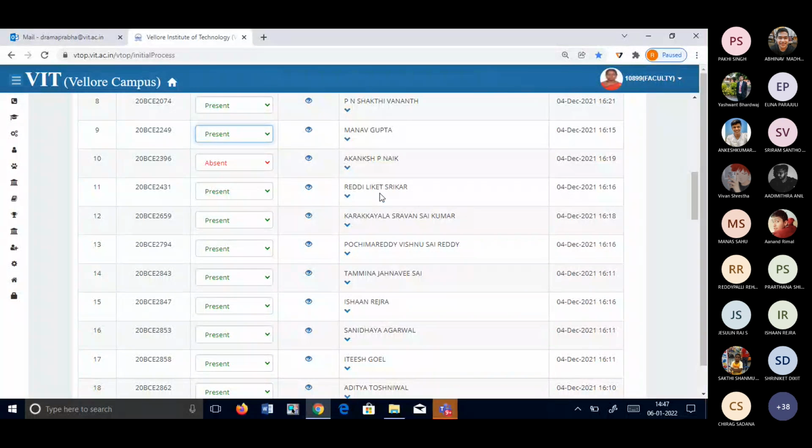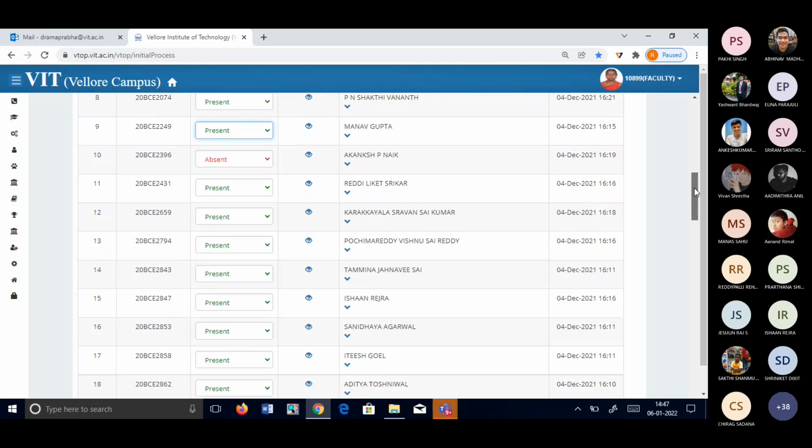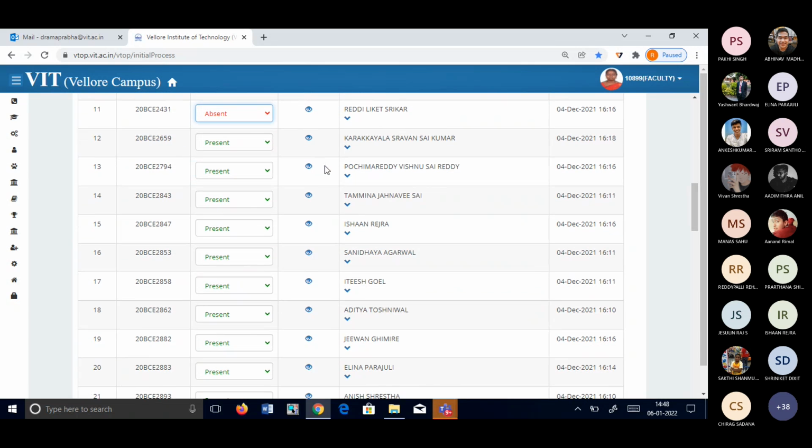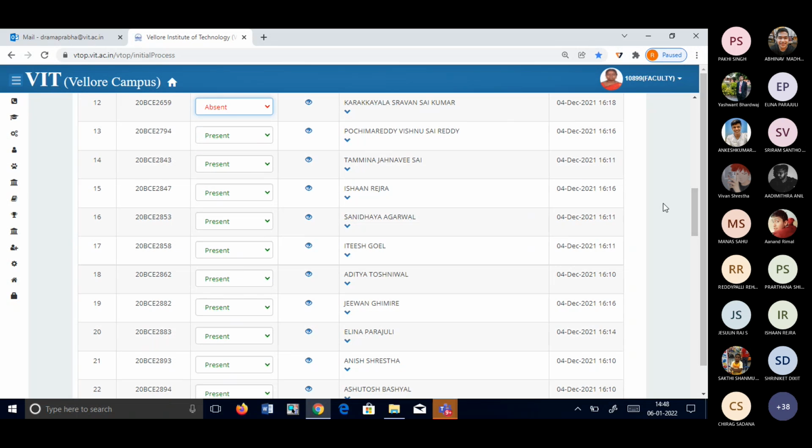Okay. Shikar is not there. Shravan Sai Kumar. Present, ma'am. Vishnu Sai Reddy? Present, ma'am. Listen, students, again I'm saying if there's any problem in the mic while I'm taking attendance, put your registration number in the chat box, I'll consider. Ma'am, maybe your internet connection is fluctuating, because ours is okay.